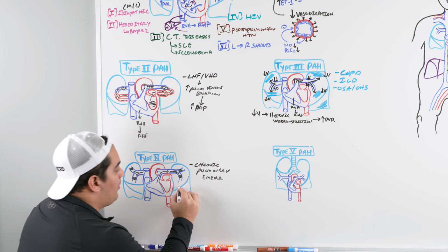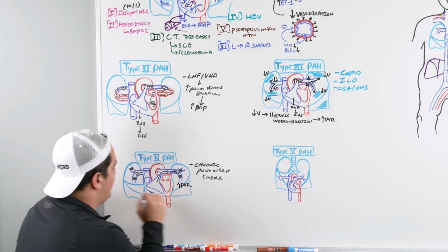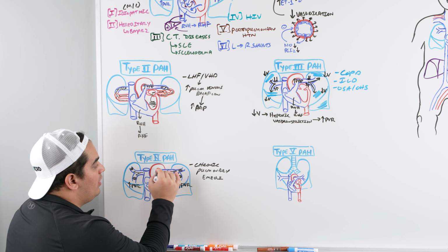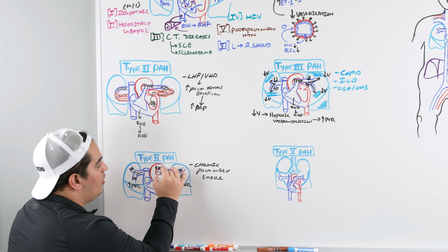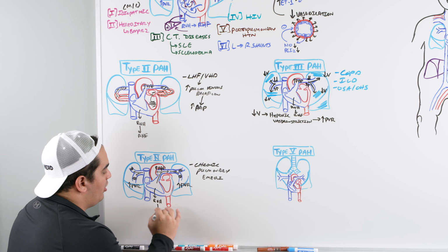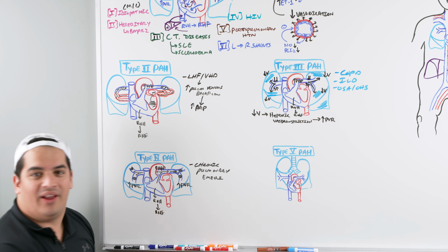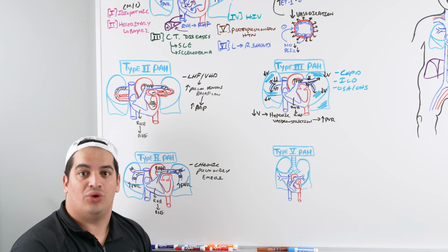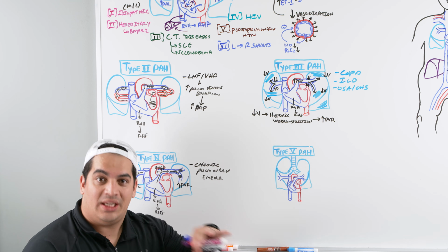So now I'm going to have an increase in peripheral vascular resistance due to these clots. That's going to increase the pulmonary artery pressure. That's going to put strain on the right heart, causing right ventricular hypertrophy and over time, right heart failure. Okay, type 1, increased vasoconstriction, decreased vasodilation due to an increase in endothelin 1, decrease in prostacyclins